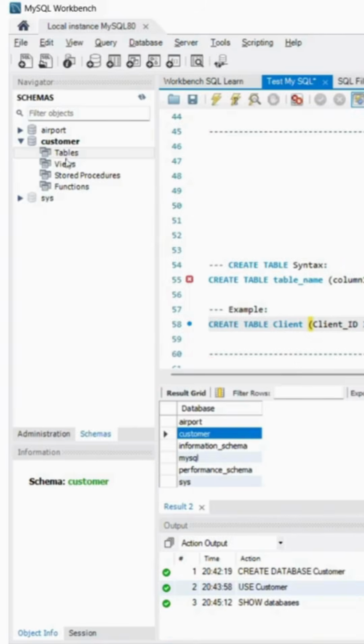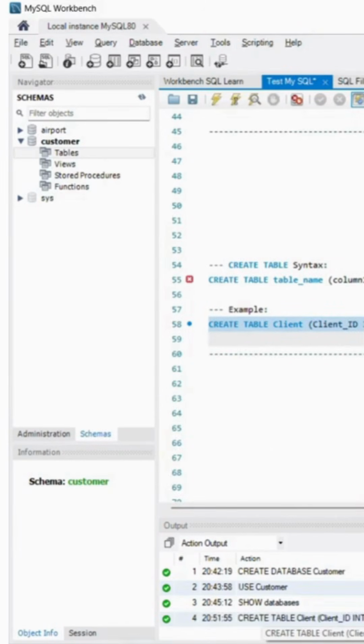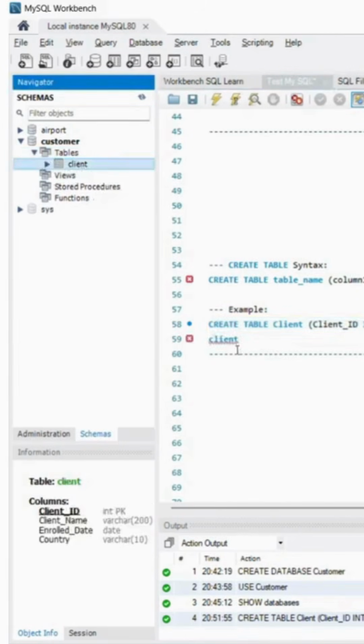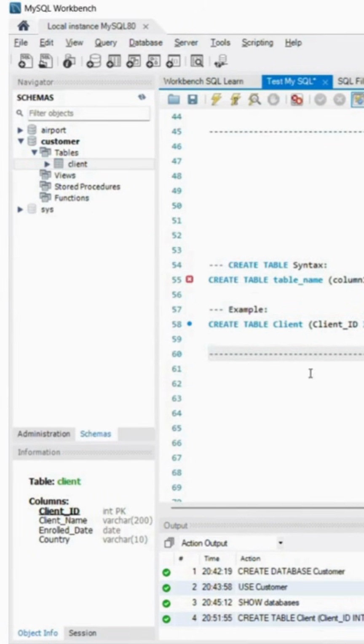Okay. So now can you see, I'll refresh it as well. So now there is no table under our database. Okay. So now I'll run this command. So it has successfully created our client table. So now if I refresh it, can you see the client table is getting reflected? See, client has successfully been added. Now we have successfully created the